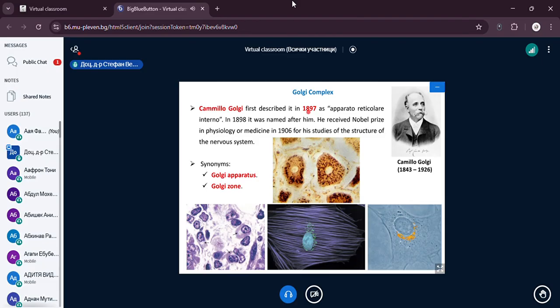And this staining is famous today, and it is known today as the silver impregnation technique of Golgi, or Golgi stain. And while doing this staining on neurons in the brain or in the peripheral nervous system, you see this staining here in the middle on this